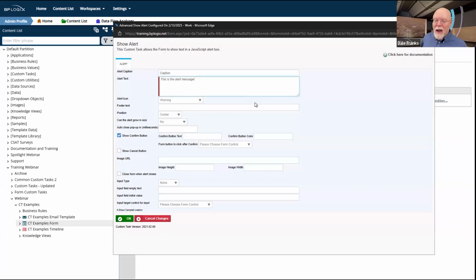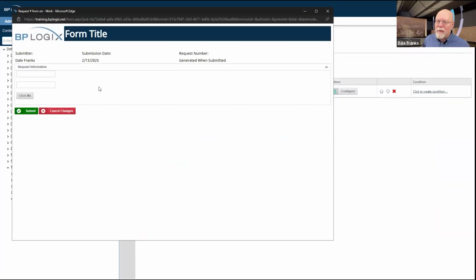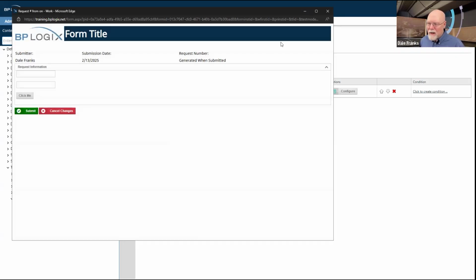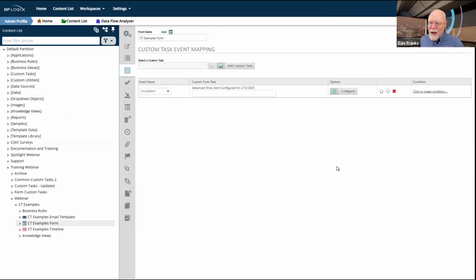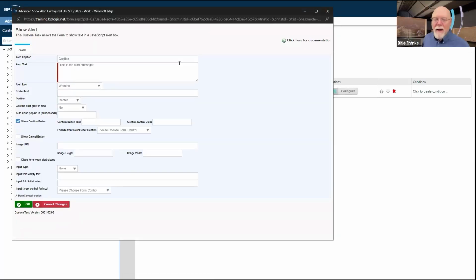I have the basic alert, and there's no test button here for this one. So I'm just going to go okay, and we'll update and run the form, and we'll hit click me, and there is my alert. Again, it doesn't do anything other than tell me that there's an alert message, and I can click the OK and get on with my life. It hasn't really affected me at all, but I can do a lot more stuff with this.